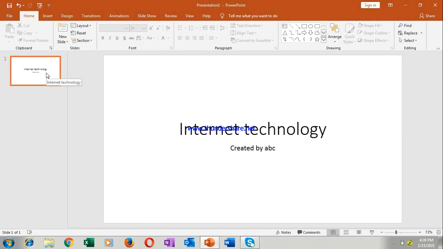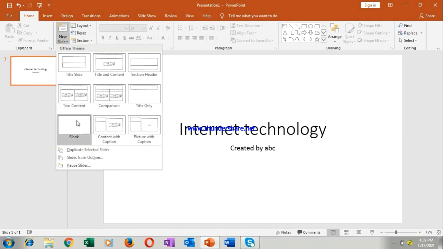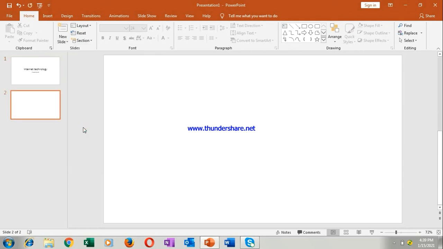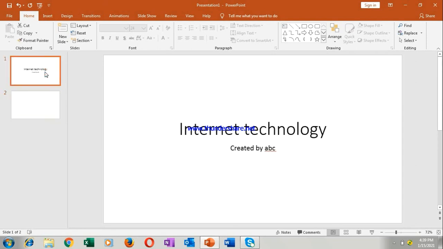And suppose you want this slide to be duplicated, that option is also here to duplicate the selected slide, okay. So let me now include just a blank slide. Now just go to this first slide. Now you understand how to add a new slide. Go to the Home tab, Slide group, go to the New Slide option and you can select whatever slide you want.